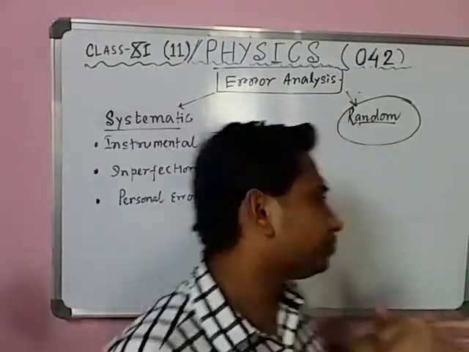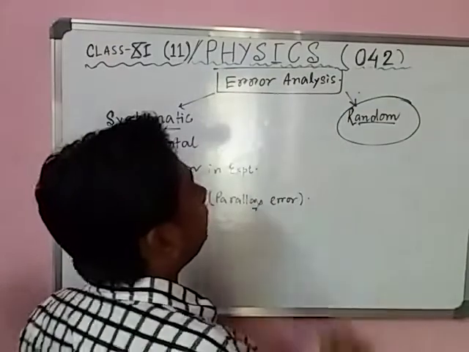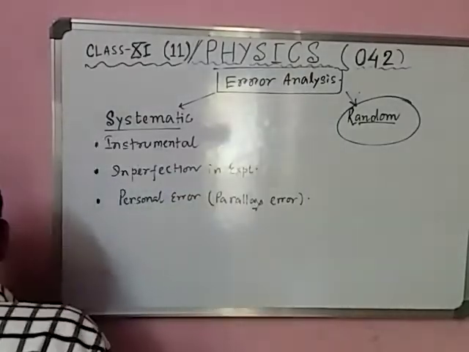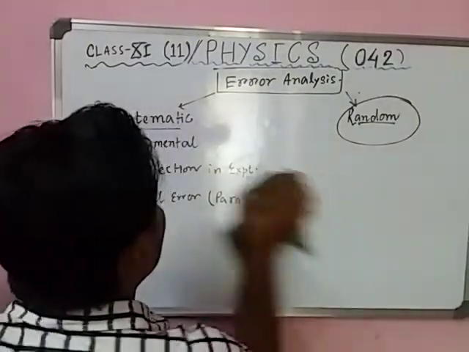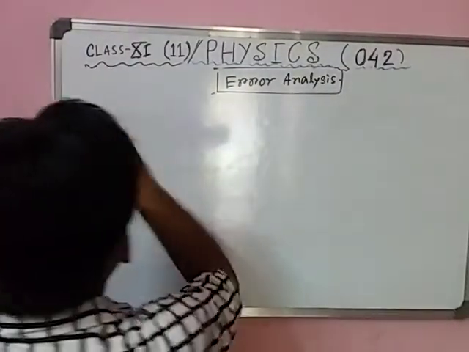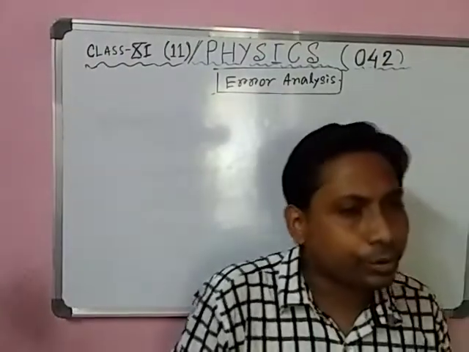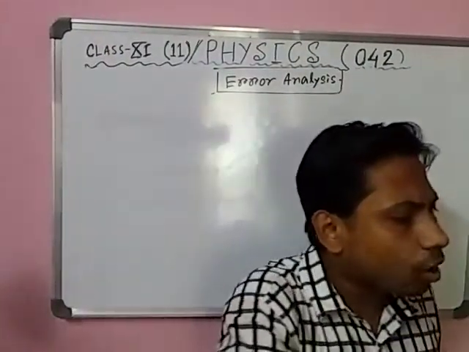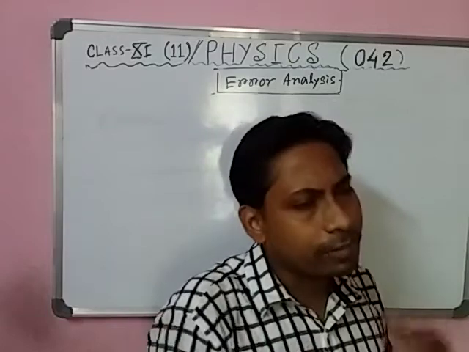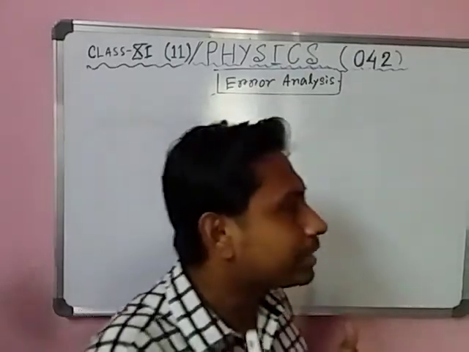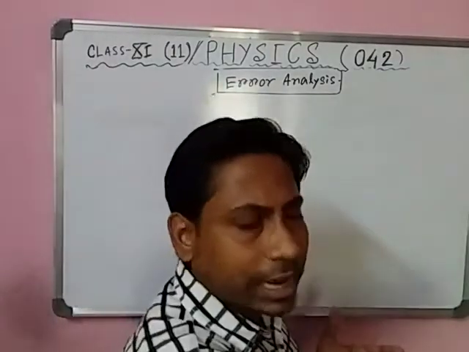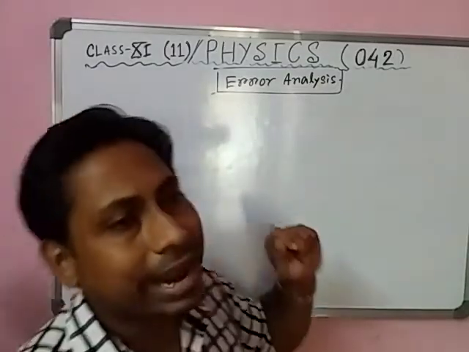So students, in error analysis, we are trying to minimize the random error. Now I am telling you how you can remove the random error. Number one, to remove random error, we need to take many observations. Suppose you take 2 or 3 observations, then you will be involved in a number of errors. But if you take more than 5 or 6, a large number of observations, and take a mean, then you can minimize the random error.